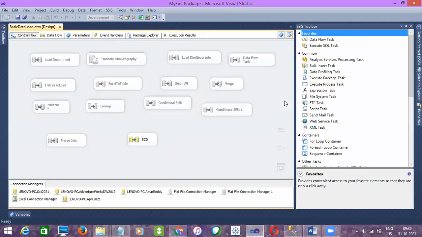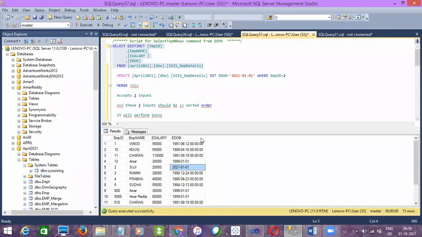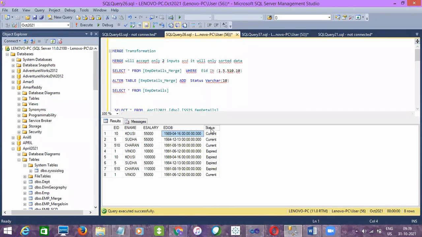Clear? So if any change occurs to a fixed attribute, the transformation will fail. It will not update the data in the destination. If you declare any attribute as changing, then the most recent value will get updated into the destination. And if you use any columns as historical, then if any changes occur on the source for that historical field, it will maintain both the previous record and also the recent record. And we can see by using another column maintained in the table whether it is the previous record or the current record, right?